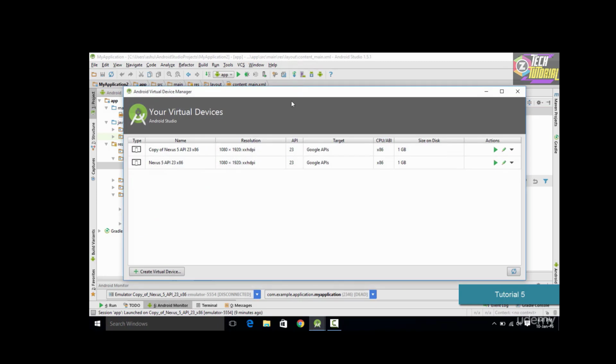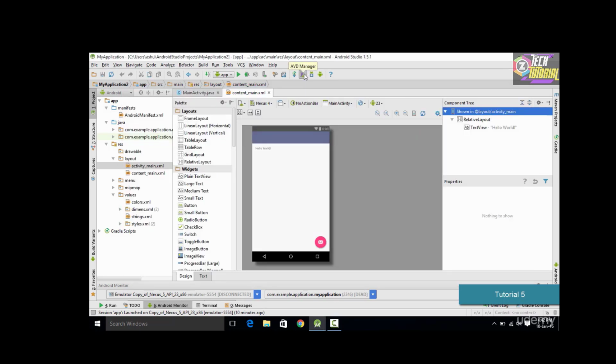Then we have the AVD manager, in which you could create your own Android virtual device. So we are going to go through this AVD manager in the upcoming tutorials, and we are going to learn how you could create your own virtual device. And the main purpose of using this is that if you want to test out your applications on multiple devices, then you could just simply use any of the devices which is included in this, and you could test out how your application works on that particular device. So it basically allows you to test your application on as many devices as you want, so that your application runs on the maximum number of devices. So that was the button for the AVD manager.